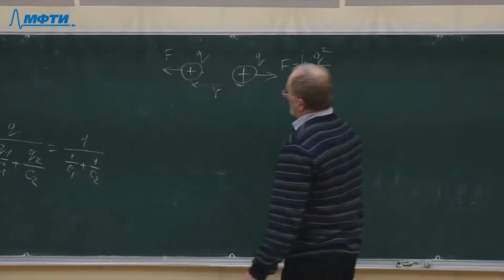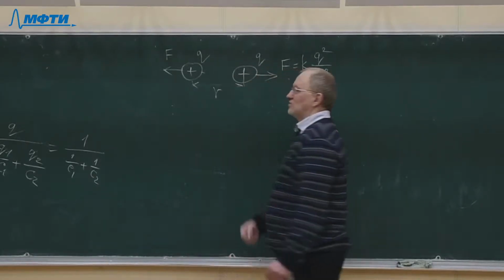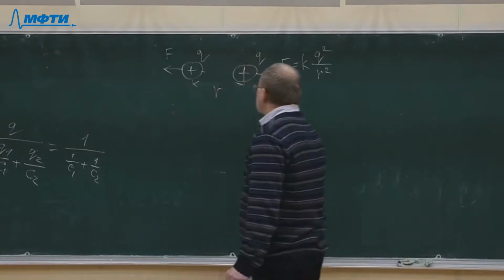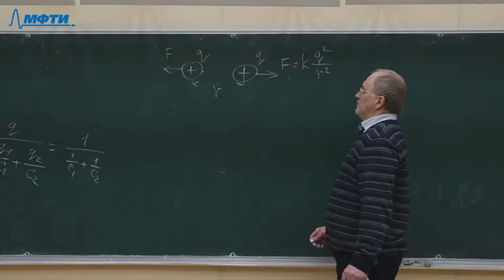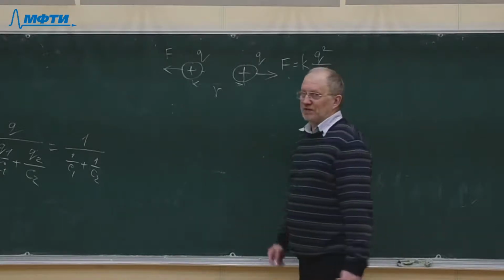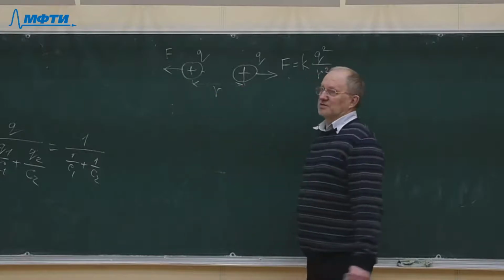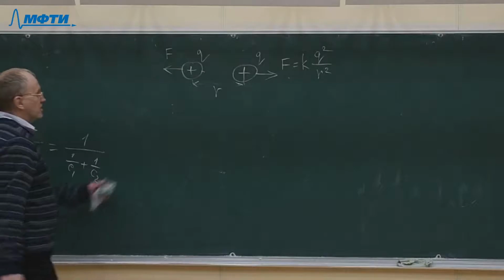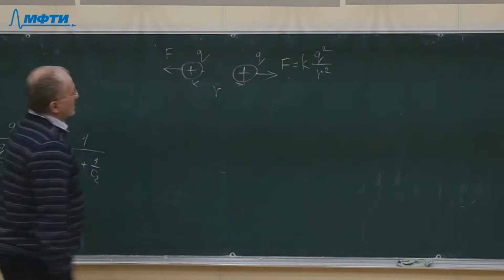So we know that lightly charged bodies repel each other. And the problem asks, is it somehow possible to observe attraction rather than repulsion of two lightly charged bodies? The answer is yes. Nature is not so simple as it seems at first sight. Let's consider